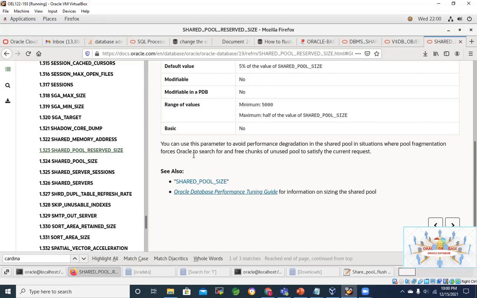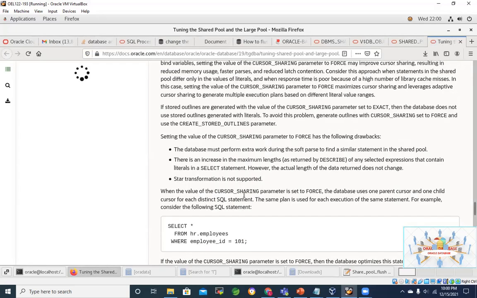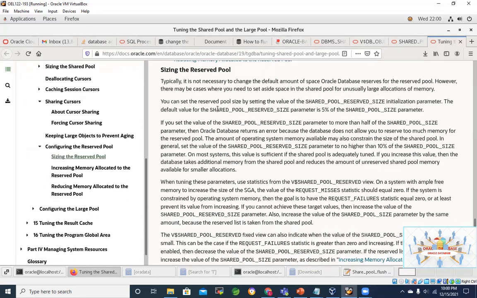So that is what is explained here. And if you want more detail, we will discuss this under memory cache tuning. In future there will be a session on how to tune these memory structures within the shared global area. But for the time being, if you want a little bit of detail, see the Oracle Database Performance Tuning Guide. As the documentation says, we can see about shared pool reserved size.